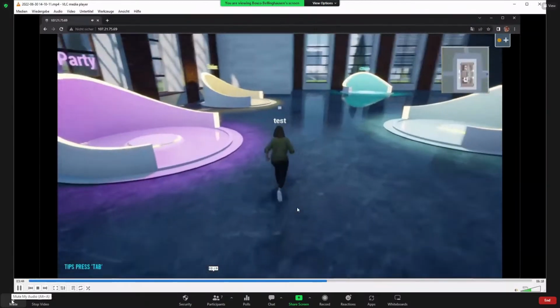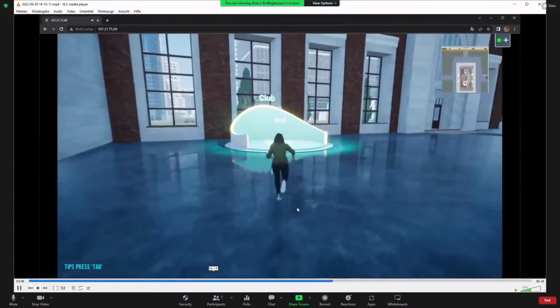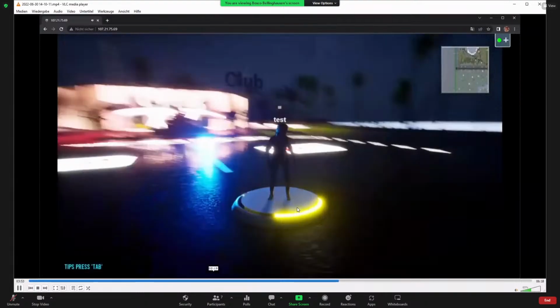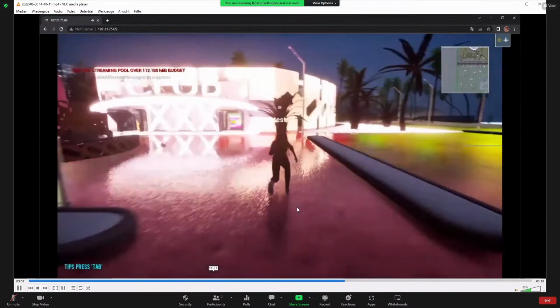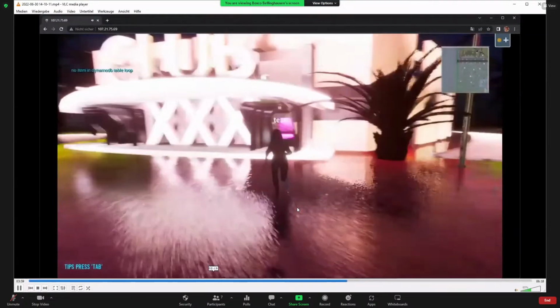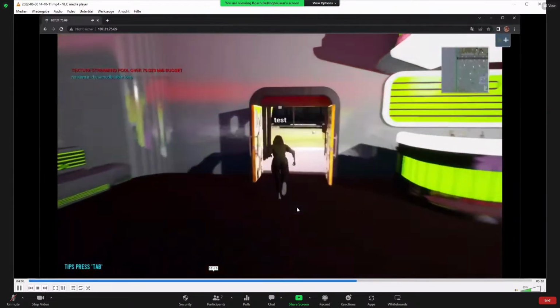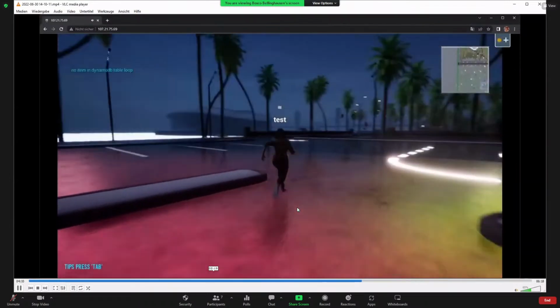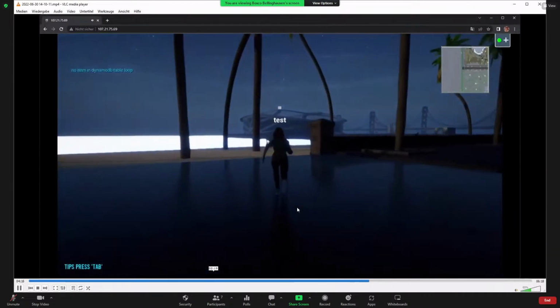This is, for example, a club, and as you can see, the lighting adjusts, because if I go into a club, then it's probably nighttime. And now check this out. If I now go to the beach, then the daylight adjusts automatically, so that I always have a frictionless experience wherever I am. If I'm in the club, I have the night feeling. If I'm outside, I have sunlight or rain or whatsoever. We can adjust this.